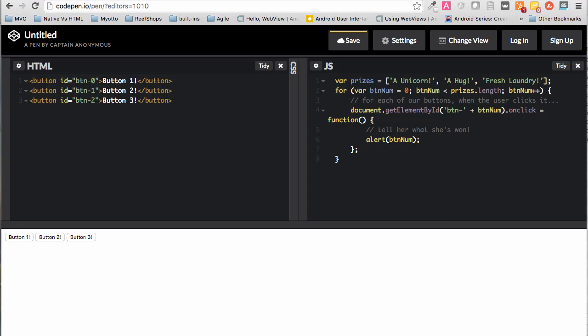If you look at this code, it's basically looping through, and it's attaching this function to the onClick handler for each button. So you're just defining the function here. By the time you're done executing this for loop, the button num variable will be 3 because of the length of the prizes array. So you can't expect this to be what it is at the time of creating this function. There's a couple different ways of doing this, but one way you can do this is to